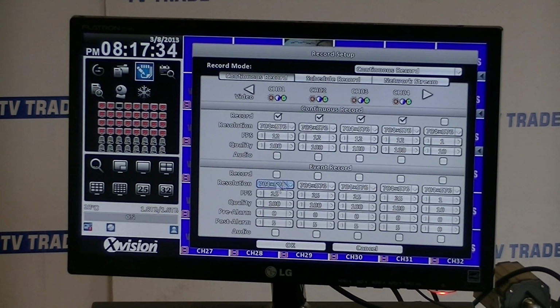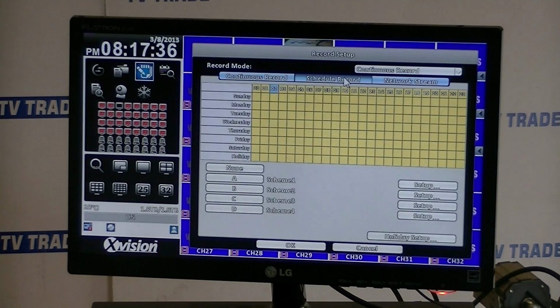Now if we go instead to the scheduled record, what we could say here is that we run a business possibly from 8 AM to 6 PM Monday to Friday and a half day on a Saturday. So we want to set standard recording levels during the working hours and even higher levels of resolution in the evening times and the weekends when we're not there. So I'm just going to grab from 8 o'clock straight through until 6 PM